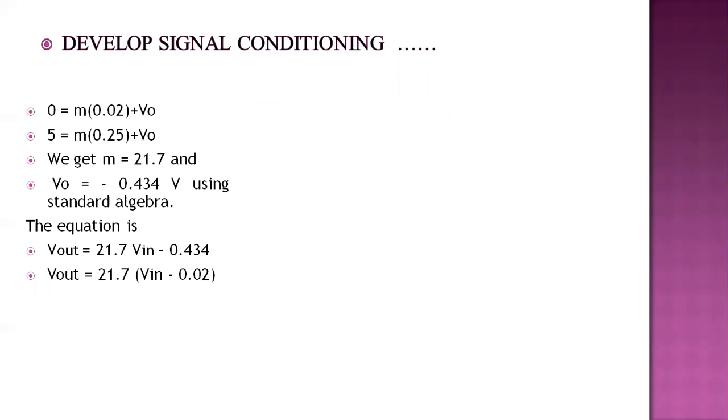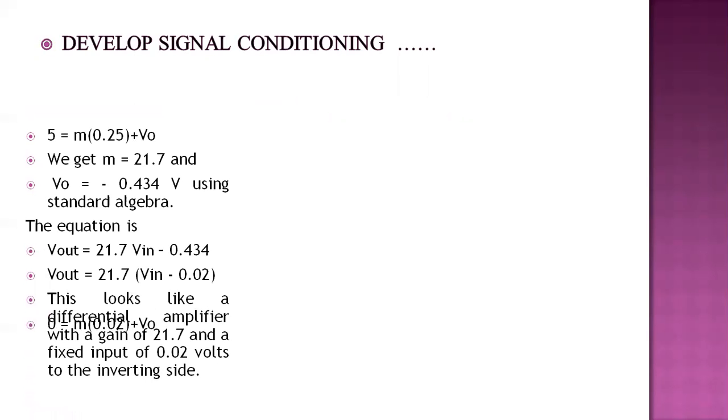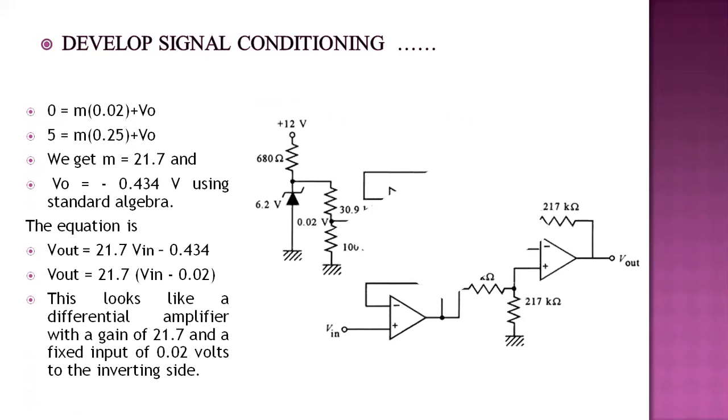So here we have the circuit for this. You can see how this could be done with an instrumentation amplifier. Here you can note the voltage divider, which is used to provide a 0.02 volt bias,